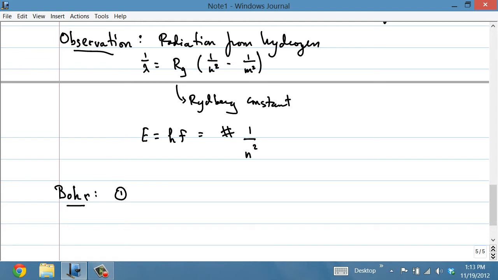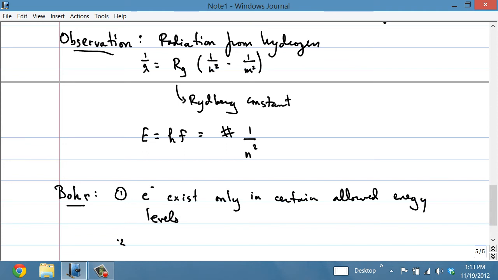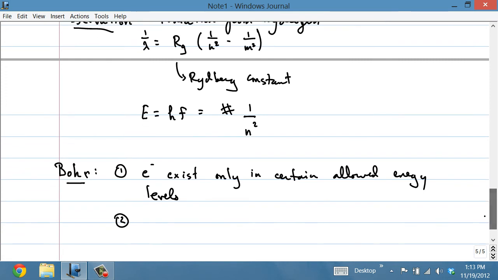And Bohr basically postulated, based on these observations, that electrons exist only in certain allowed energy levels, and the rule that he gave for deciding which energy levels are allowed is that the electrons travel in circular orbits,